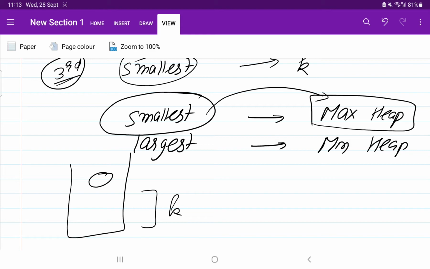What does priority queue mean? At the top we are going to have the largest element and below we will have some other elements. I can say priority queue or list or array, we will insert only k elements.